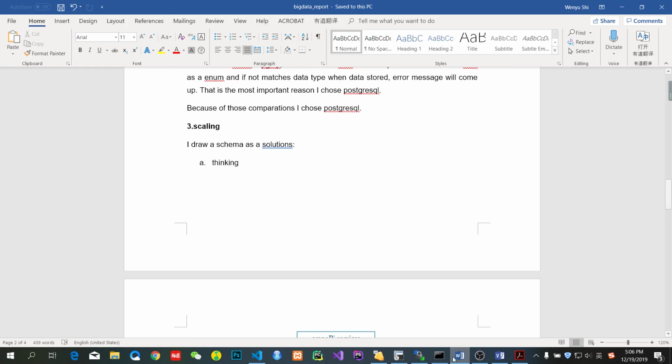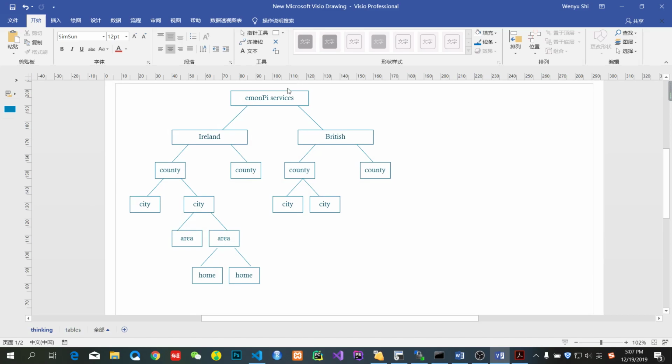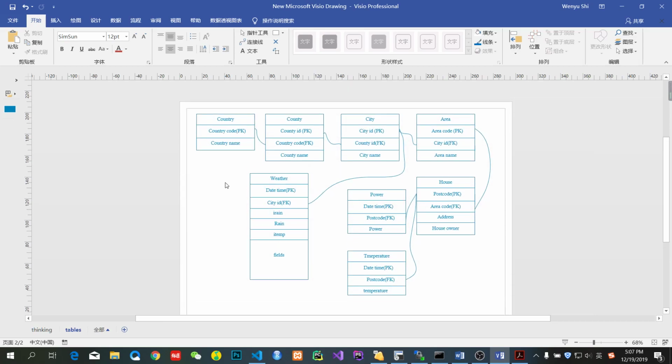For scaling data, the company provides this service. We will need to record Ireland data. The data comes from Ireland and from Britain. For Ireland and Britain, I separate them into different counties, different cities, different areas and different homes. For that I